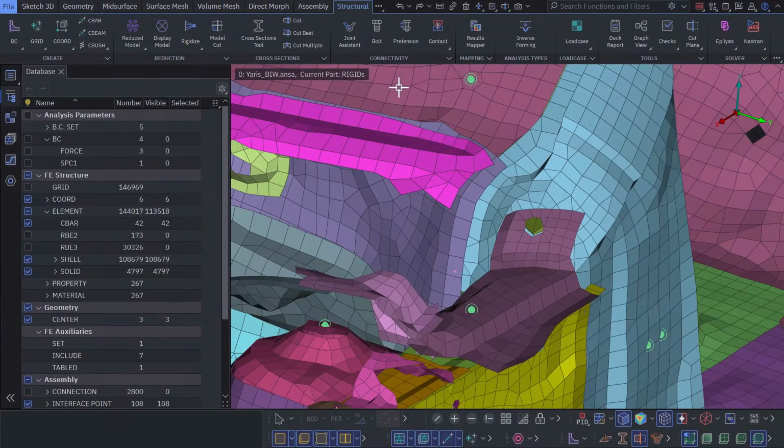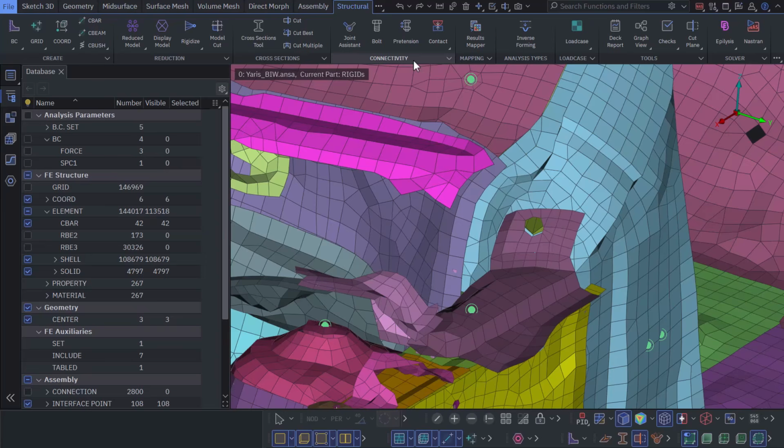Moving on, regarding the connectivity, we are able, through the same tab, to create an assembly or load case point. It is important to note that these interface entities, as we like to call them, are great for transferring a whole load case, once set up, to a whole new model by mapping these points.